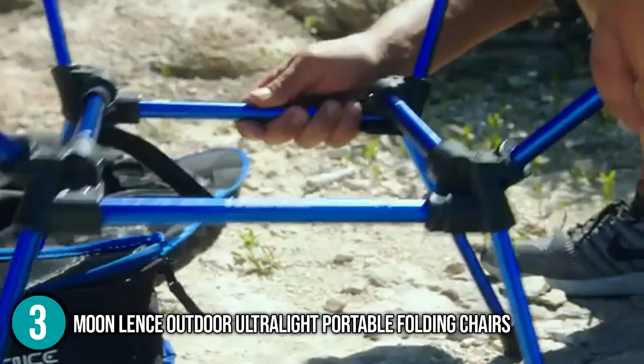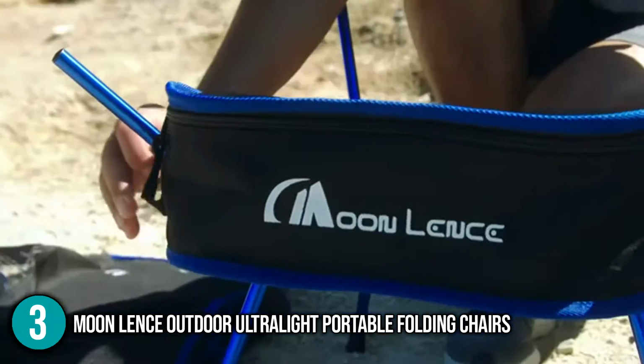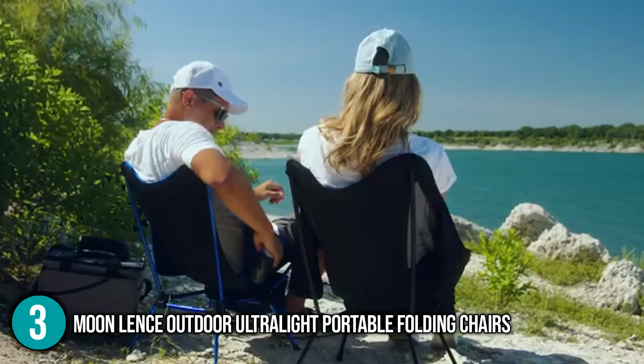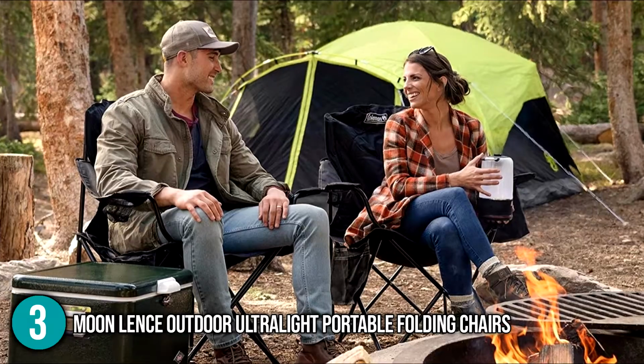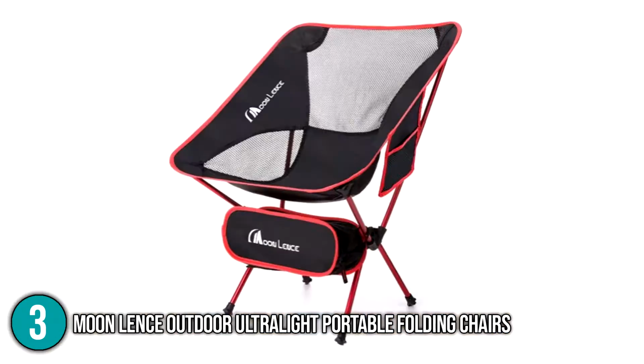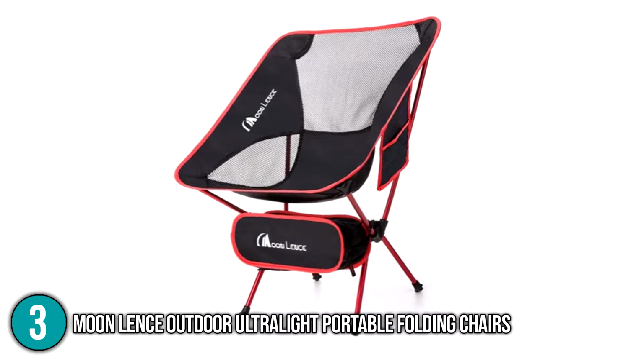The thickness combined with the Oxford fabric's natural toughness guarantees that the chair can withstand all of the hardships of camping. As long as you don't use the chair aggressively, you won't have to worry about any damages. The mesh that LENCE has built into the fabric only adds to the comfort level. It allows air to move freely through the chair, so this breathable mesh will help you keep cool on hot